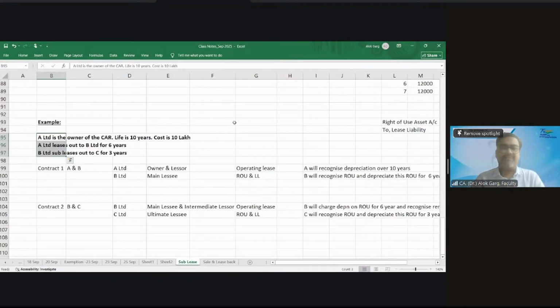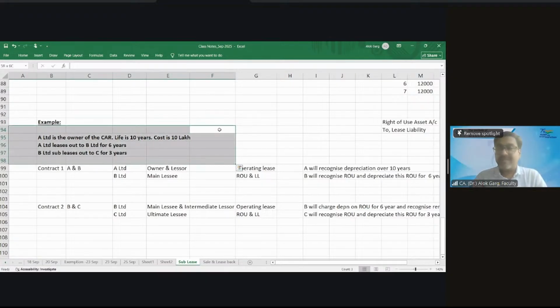So were you there in my first lecture when I started Ind AS 116? Yes, sir, you started this way. So that was exactly the point. My first point was clear: ROU accounting is just the amortization. It reflects that you have some right, even if you are subleasing, and that's how you are subleasing. It's just to compare with a person who is taking a loan and then acquiring an asset, he is charging depreciation and also paying an EMI.